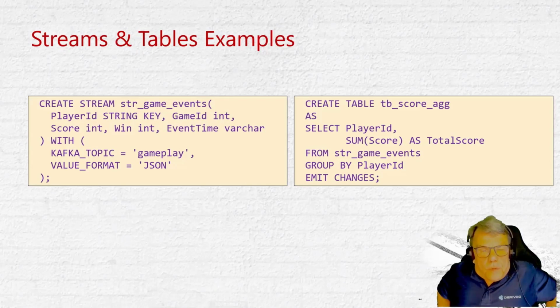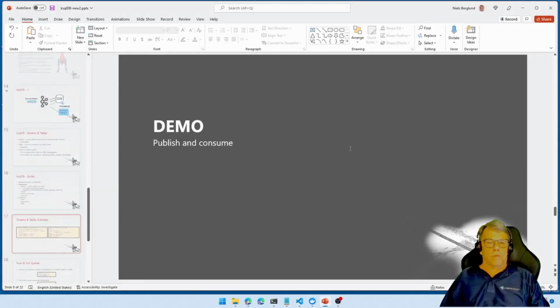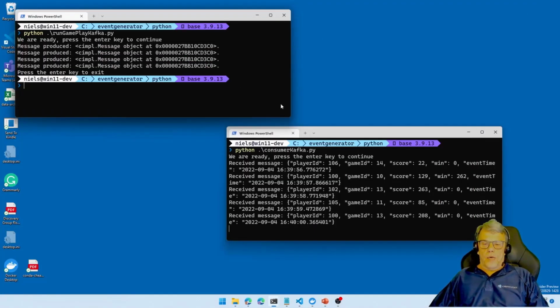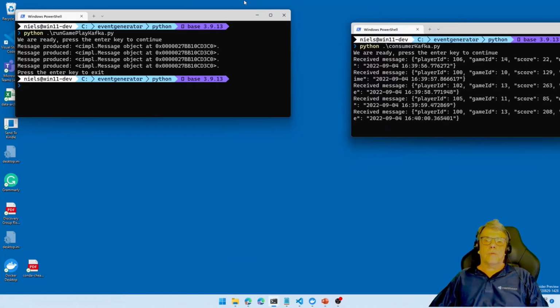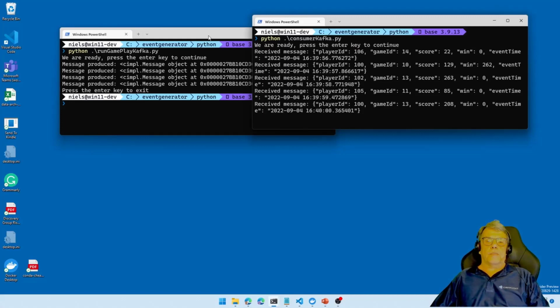Right, let's go off and do some coding again, shall we? Right, so now we saw how we were producing data and how we were reading off data.